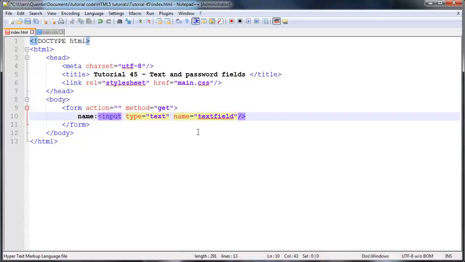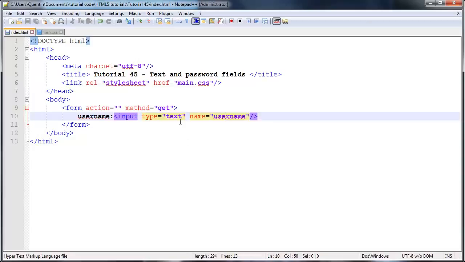Then we might want to give this input a name, or let's say we're asking for the username, then we might give this a name of username, so something that actually corresponds to what we're expecting from